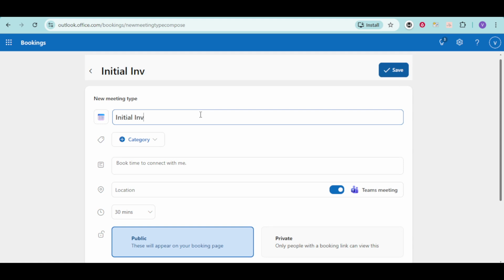Next, you'll want to set the duration of this initial interview. Think about how much time you realistically need. Common choices are 30 minutes or 45 minutes, depending on your process and how in-depth your first conversations usually are. In the duration field, select either 30 or 45 minutes. The key is to pick one standard length so that all of your initial interviews are consistent and easier to